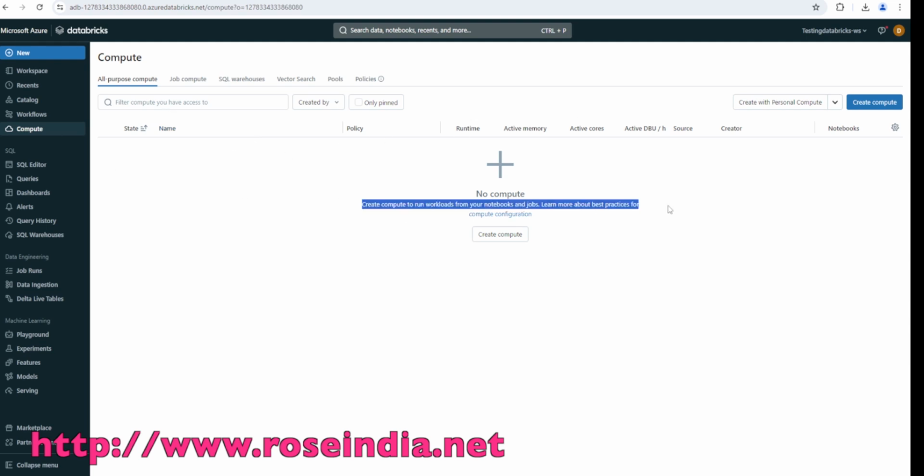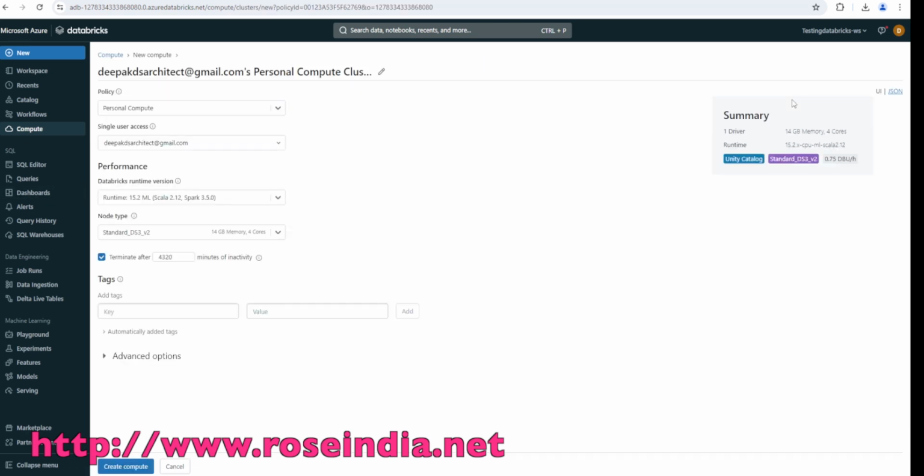You can see I don't have any compute cluster here. There are all-purpose compute, job compute, SQL warehouses, vector search, pools and policies. All these options are here under compute. I will create a new personal compute. We have personal compute, power compute, shared compute and legacy compute. I will be creating the personal compute, and